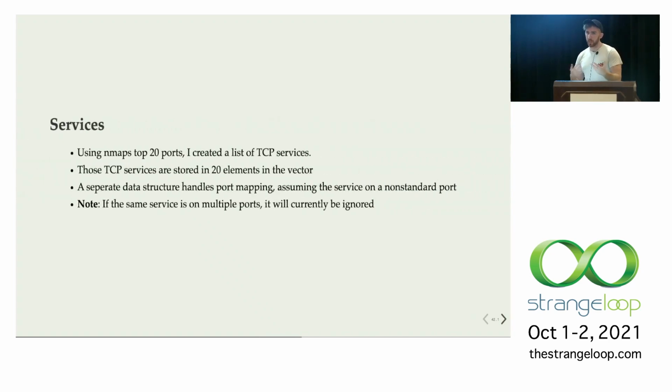Services, this is where you start making a lot of big decisions. Obviously, if I made the vector big enough to include every port, and then whether it was running TCP or UDP, that would be a very, very large vector. That's not a proof of concept, that's too hard. So I picked some ports, and I did that through the rigorous method of letting Nmap decide. Nmap, the biggest scanning tool on the planet, publishes a list of the ports that people scan, the top 20. So I was like, great, give me the top 20 TCP services, that's what I'm interested in. So we have 20 elements in this vector that are just for the services on these ports,